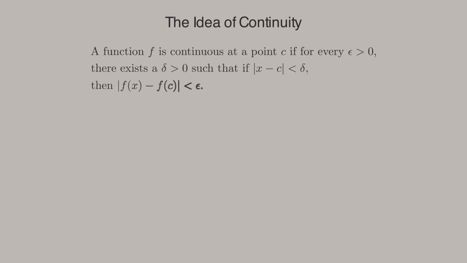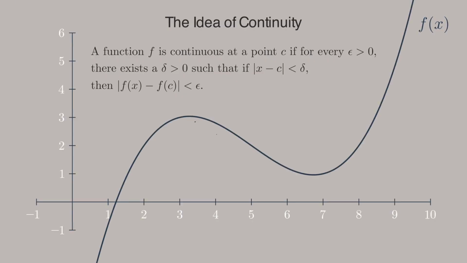Just to remind you, we say f is continuous at some point c if for every epsilon greater than 0, there's some delta greater than 0, so that whenever your x value is within delta of your point c, the y value will be within epsilon of f of c. I think the best way to understand continuity is to look at the ways a function can fail to be